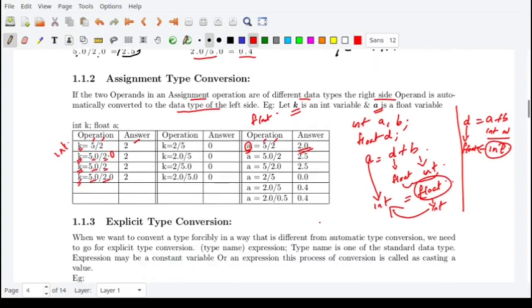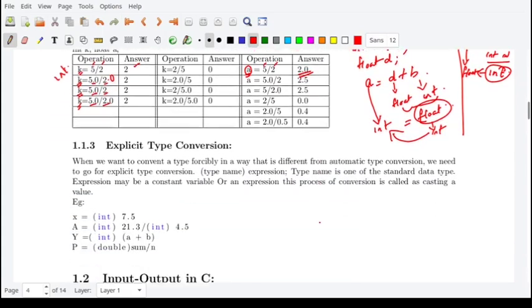Next is explicit type conversion. In explicit type conversion, you are converting the type forcibly. That is, in the program, you will write yourself whether to convert a type into another type.